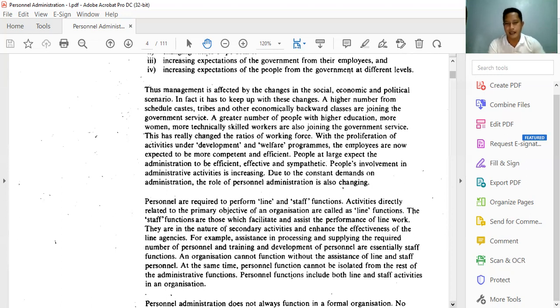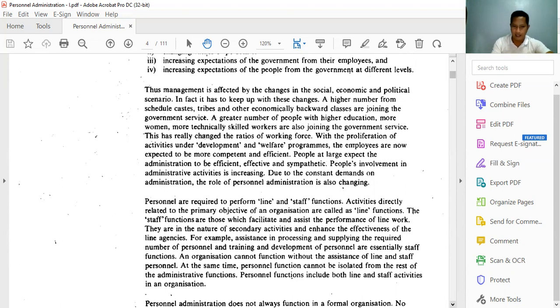So, these top management are called line functions. The staff functions are those which facilitate and assist the performance of line work. They are in the nature of secondary activities and enhance the effectiveness of the line agencies. Because from top management, we have what we call the organizational structure. Of course, everything like planning and the directives would come from the top management down to